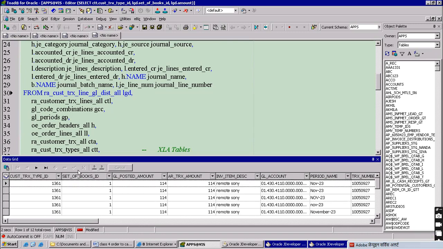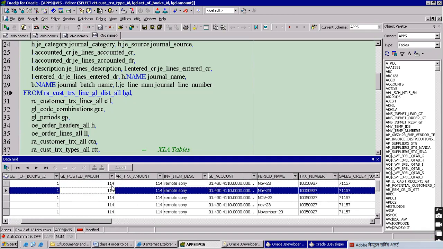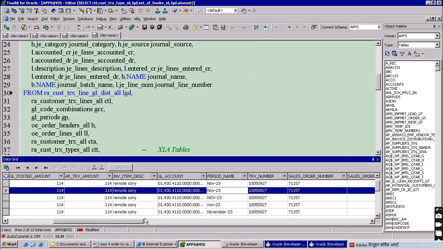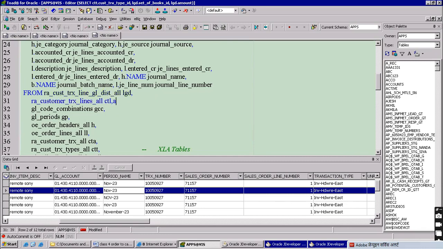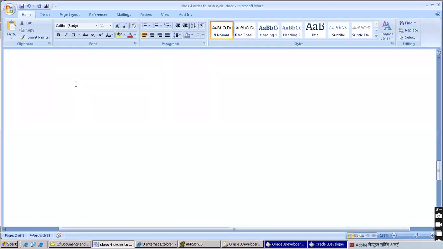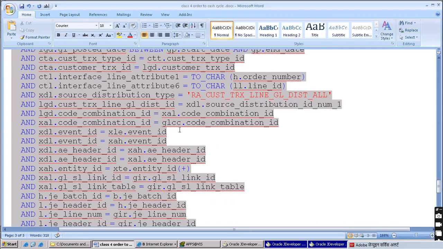So it is giving here posted amount, your $114, right? Your item, remote Sony, period name, you got it, transaction number, sales order, everything is giving, right? And now, if someone asks you what are the links between AR to SLA, SLA to GL, I'll tell you the best way to remember. So from GL, you need to come back. Okay. GL side,